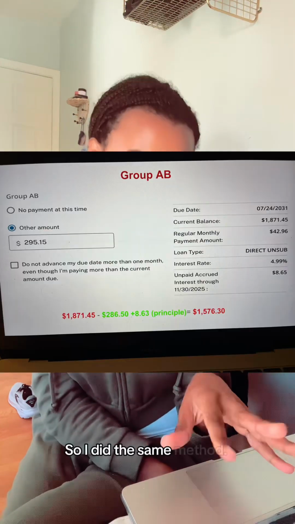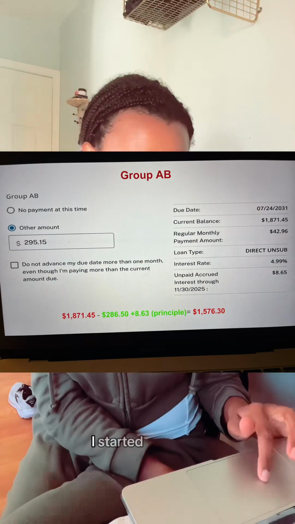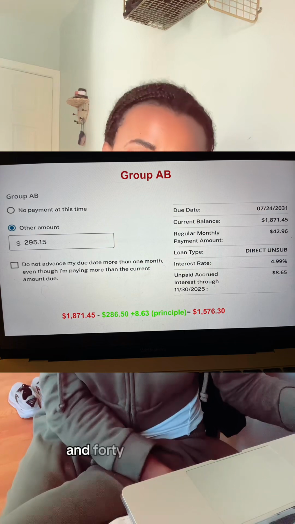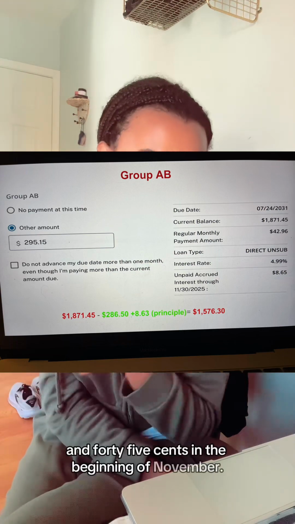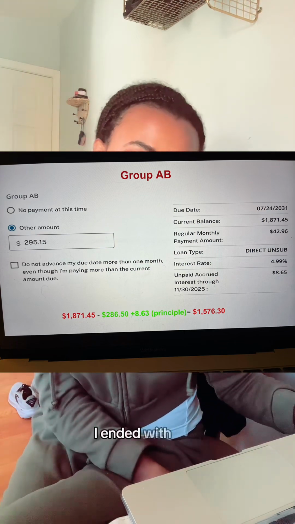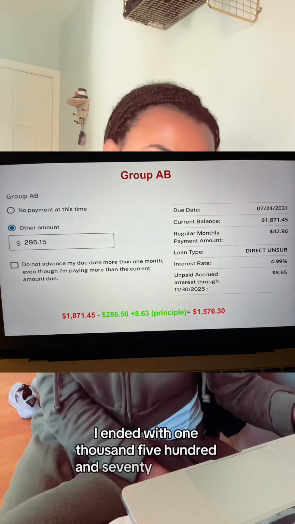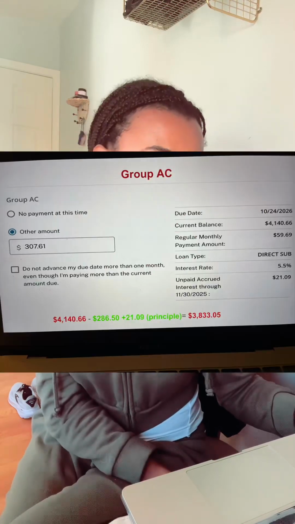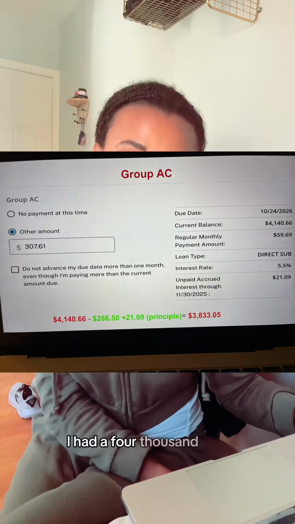So I did the same method. I started with $1,871.45 in the beginning of November, and because of the payment, I ended with $1,576.30. And then moving on to Group AC, that month I had a